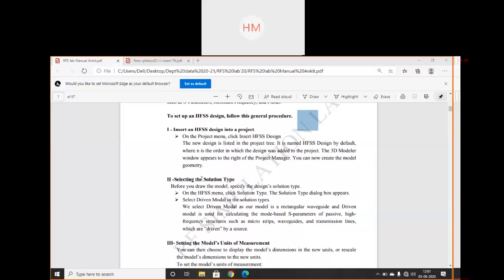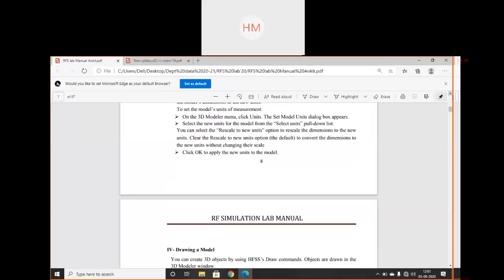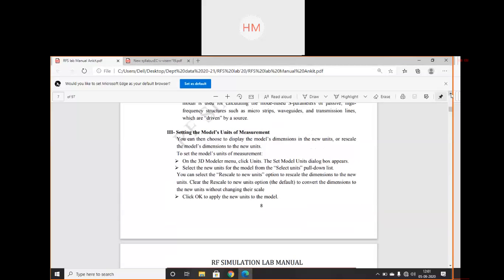Second, selecting the solution type. We have to select the solution type as a dialog box will appear on the HFSS screen. Setting the model's unit of measurement. We are having millimeter, centimeter.